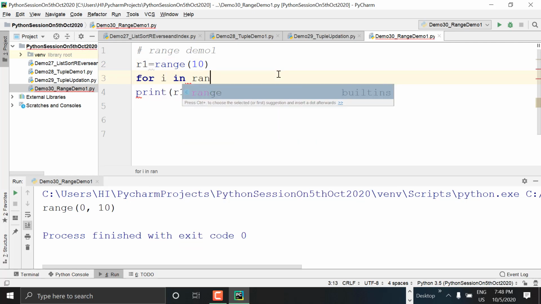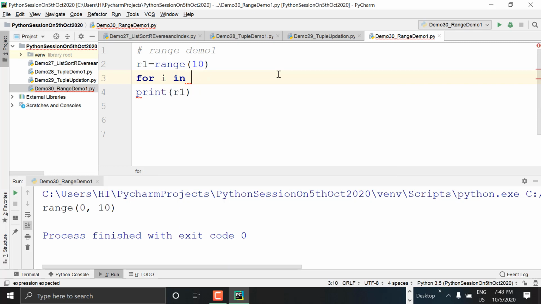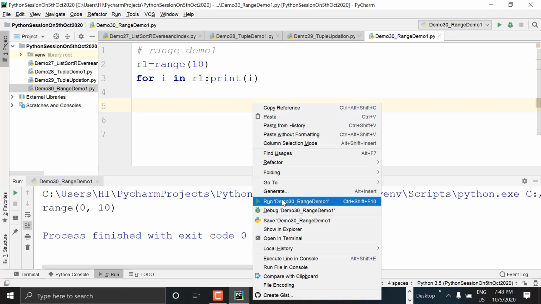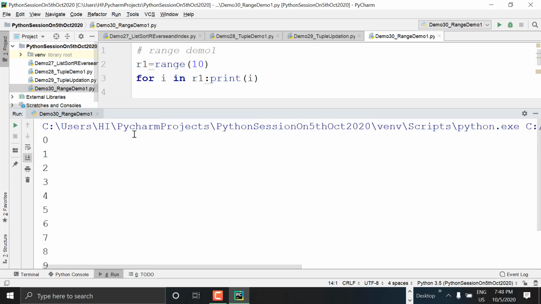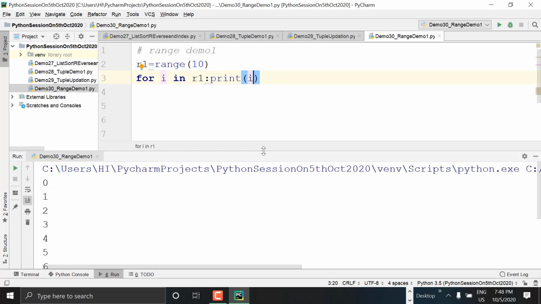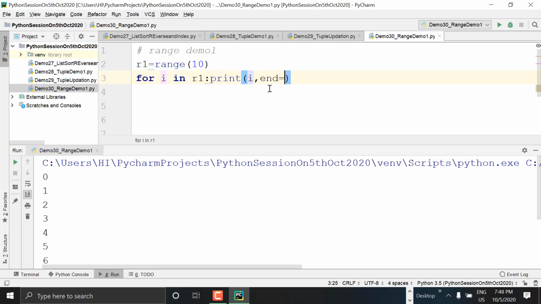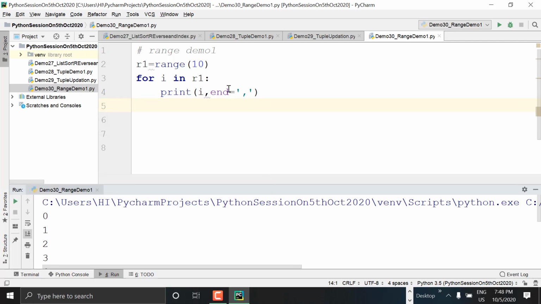But I want to print them on the same line, with commas, not a new line. What to do? end is equal to comma. Or if you want to print on a new line, you can do like this. This is said to be a for loop actually. So mostly we use for loop with range. Range with for loop. Yeah, for and range is a good combination, boss. Simple terms. Let's run it and see. Now you'll be getting 0 to 9. Is it clear, guys? Okay. Here I didn't specify the minimum bound. If I don't specify the minimum bound, it always starts from 0. 0 to 9 it will go, as I said earlier.